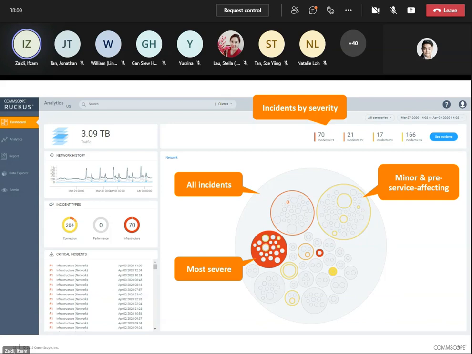The big circle is all of the incidents. The yellow circle will show you the minor and pre-service affecting incidents, and it also gives some colorings that give the IT administrator awareness. The red color shows the most severe.